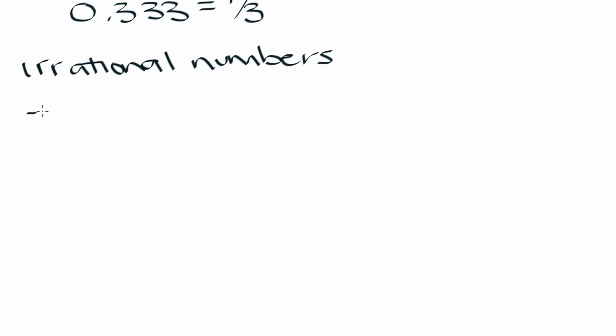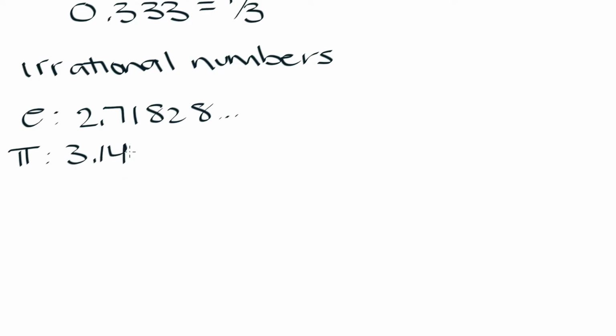So they're going to be numbers that have non-terminating decimals, so that's things like e, which is 2.71828, and this is just going to keep going on and on and on until infinity, and these decimals are not going to have a repeating pattern. They're just going to be non-terminating and can continue going on, and so this is an irrational number. Similarly, pi, which is 3.14159, is also a non-terminating decimal. It's just going to continue going on and on and on forever in a non-repeating pattern and is therefore an irrational number.